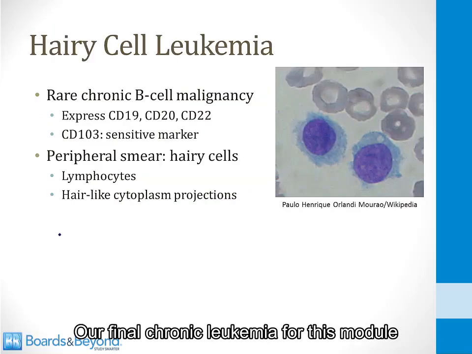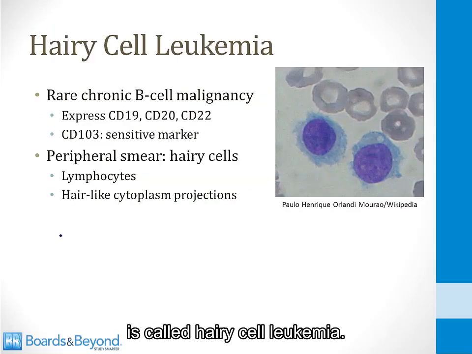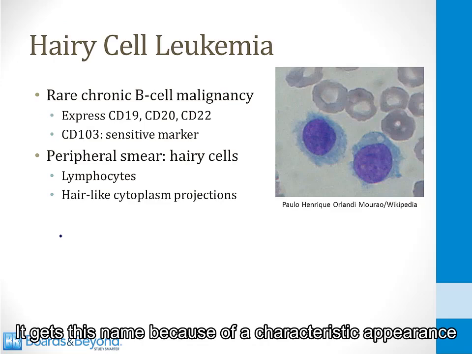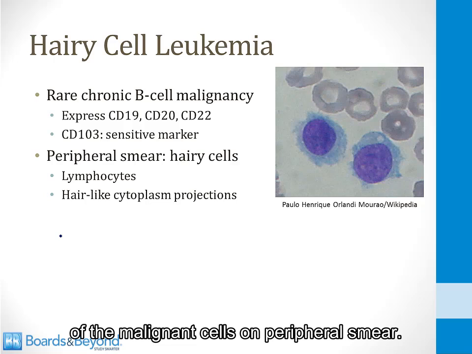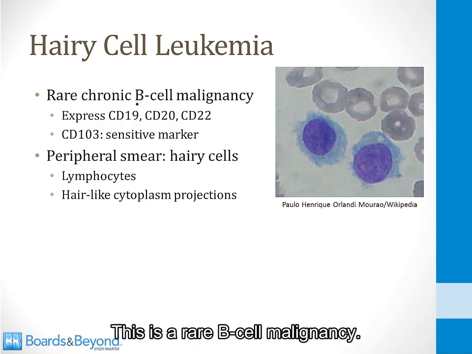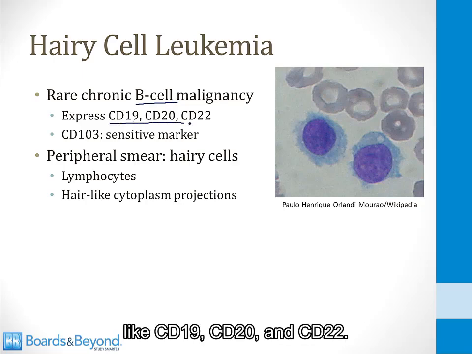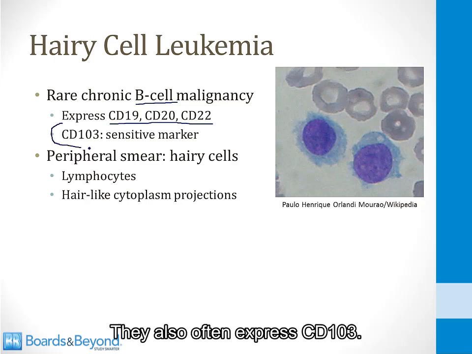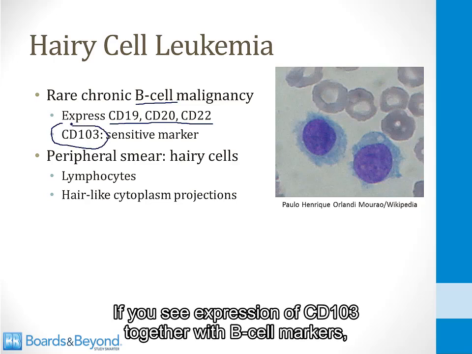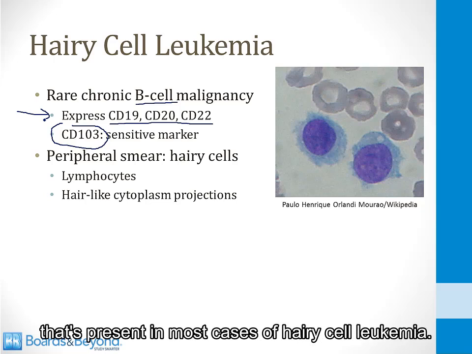Our final chronic leukemia for this module is called hairy cell leukemia. It gets this name because of a characteristic appearance of the malignant cells on peripheral smear. This is a rare B-cell malignancy. The malignant cells usually express B-cell markers like CD19, CD20, and CD22. They also often express CD103. If you see expression of CD103 together with B-cell markers, that's a very sensitive finding that's present in most cases